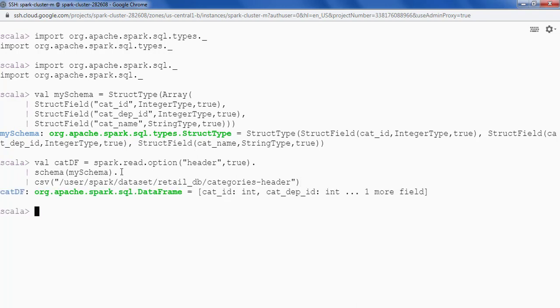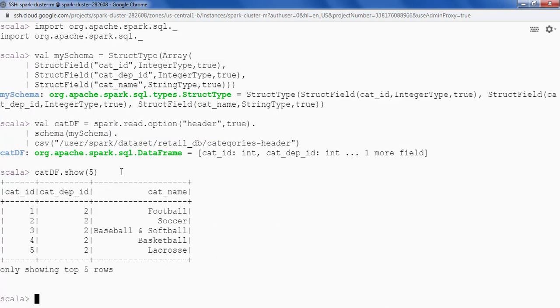Now we got a data frame cat df. Now let's do cat df dot show and give me just the top 5 records. Let's see. If you see the column names, they are cat_id, cat_dep_id and cat_name, because we provided these column names in the StructType and StructField.